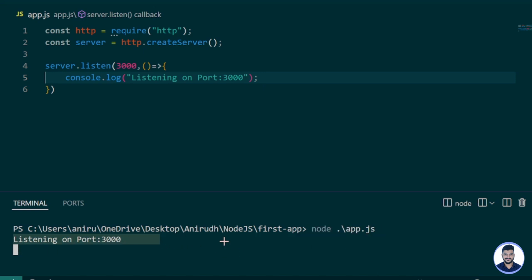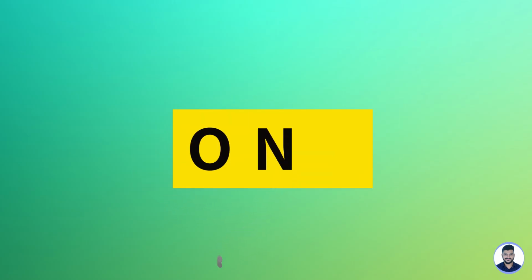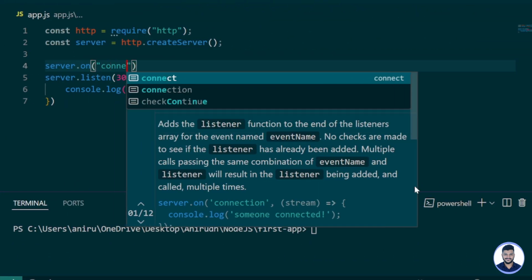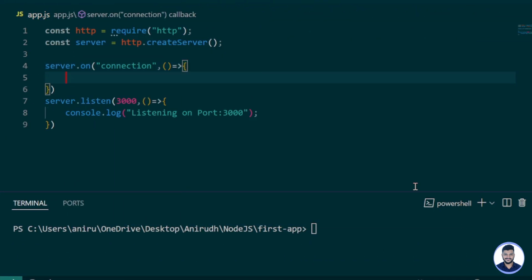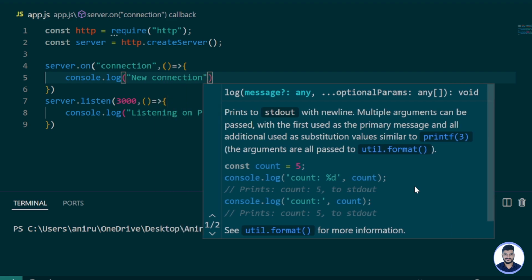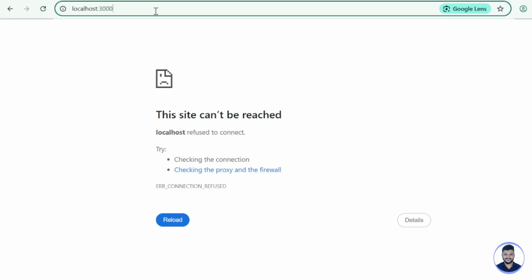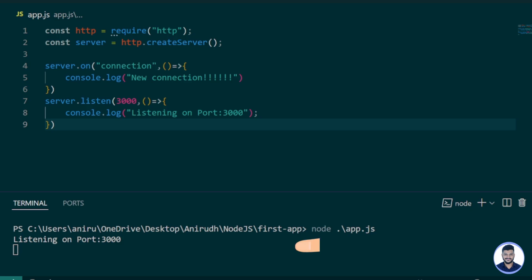Every time there is a new connection or request, the server raises an event which we can handle using the on method. For example, before calling listen, we register an event listener. More on event listeners later. Back in the terminal, when we run the application and visit localhost 3000, we can see the new connection message